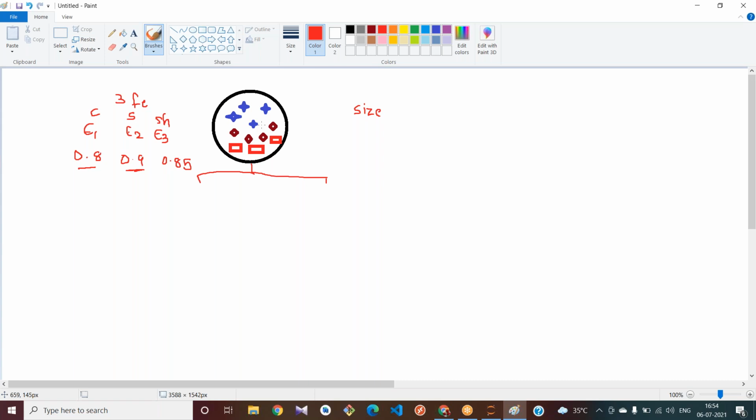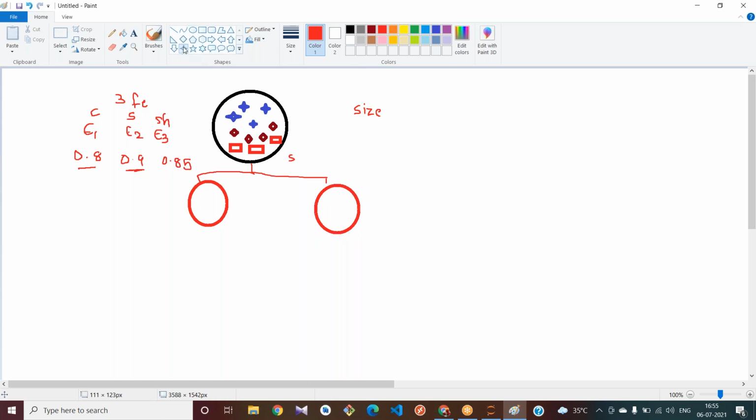With this mixed data, I can't predict correctly. What I'm trying to do is reduce this measure of uncertainty, based on the size. If I take the parameter size to classify my data, these two are related to small size and these three are related to somewhat big size, right?